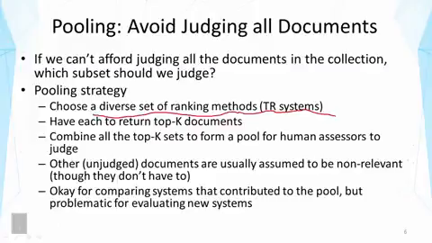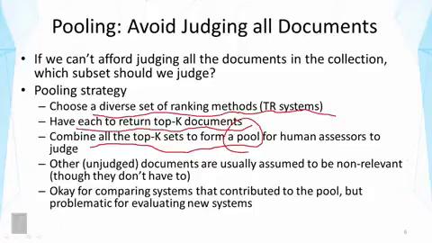So the goal is to figure out the relevant documents. We want to make judgments on relevant documents because those are the most useful documents from a user's perspective. So then we're going to have each system return top K documents. The K can vary from system to system, right? But the point is to ask them to suggest the most likely relevant documents. And then we simply combine all these top K sets to form a pool of documents for human assessors to